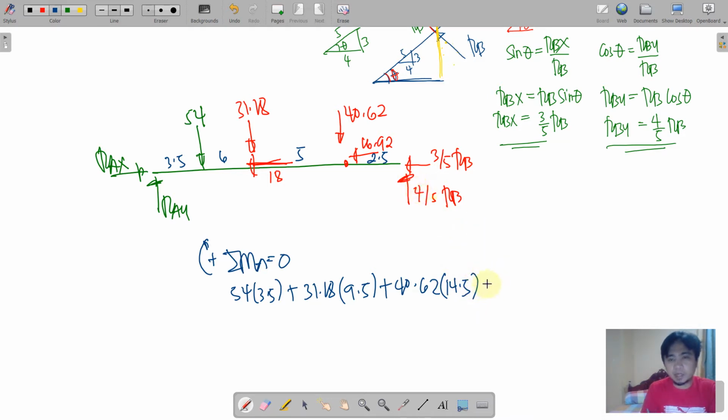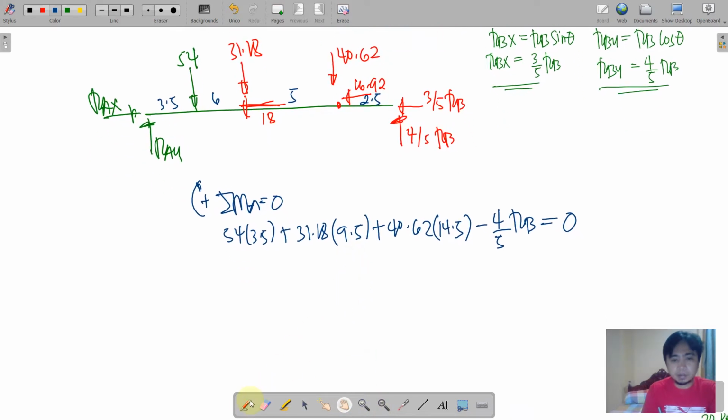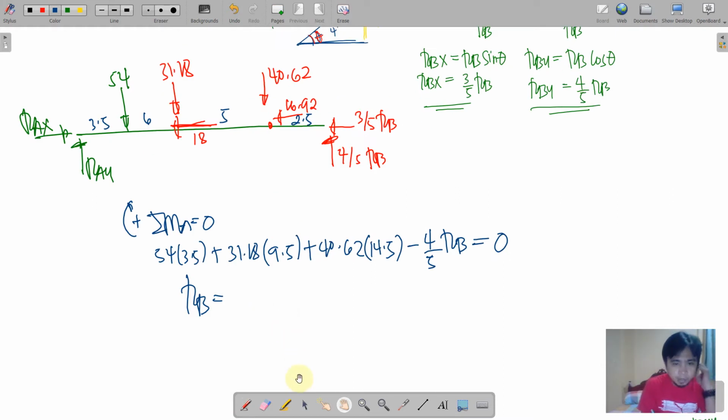What else do we have? Negative rotation, 4/5 of RB, and that will be equal to 0. Okay, so we now compute for RB. We have 1342.75,